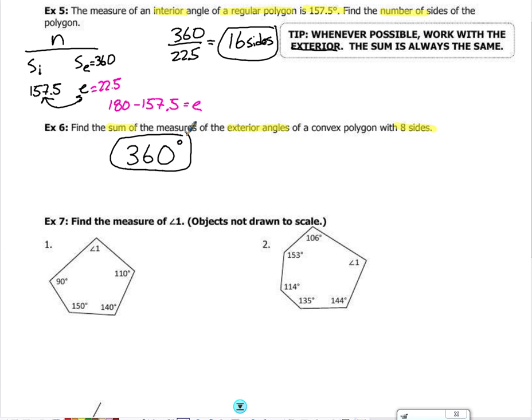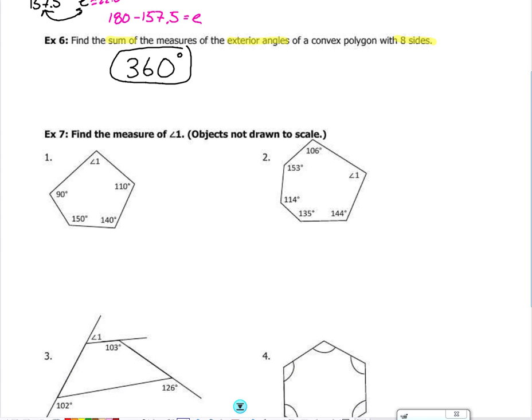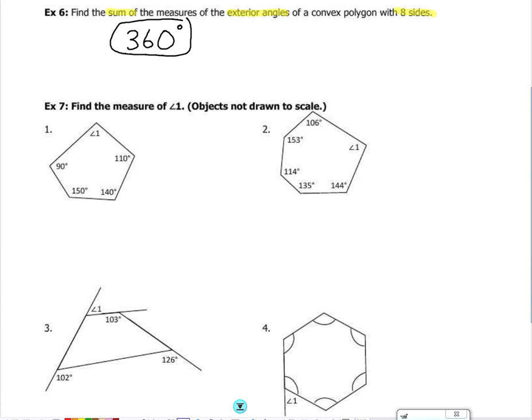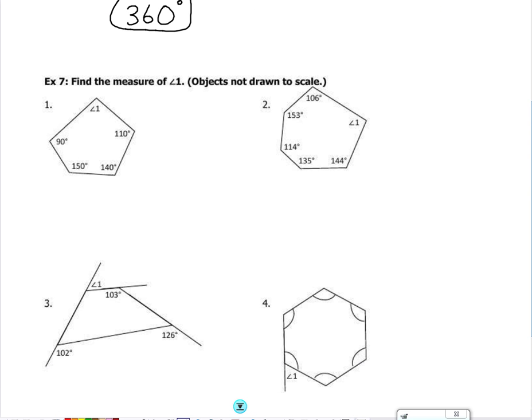Find the measure of angle 1. So these objects might not be drawn to scale, but we're going to do our best to check our work. I'm going to work on number 1. You can try number 2 on your own. Here I have, it looks like a 1, 2, 3, 4, 5 angle figure, which means it has 5 sides. This would be an irregular polygon, meaning that its angles are not all the same, but